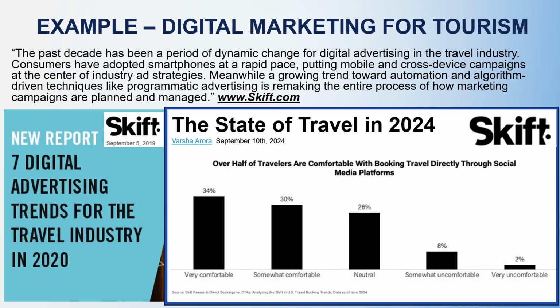A recent report by skift.com presents 7 digital advertising trends for the travel industry in the upcoming year, 2020. In addition to providing an analysis of those 7 trends, this report is an investigation of the most important ad formats and media buying strategies that will work with travel marketers, and provides insights into advertising themes like privacy, personalization, automation, and so forth. This report, along with daily briefings and a variety of other information about the travel and tourism field, is offered by skift.com.